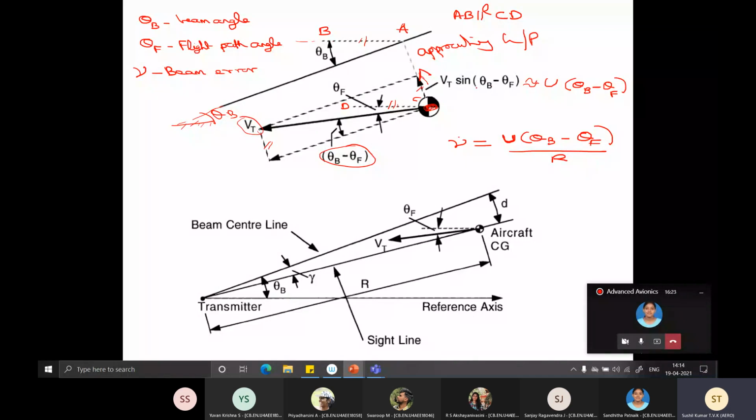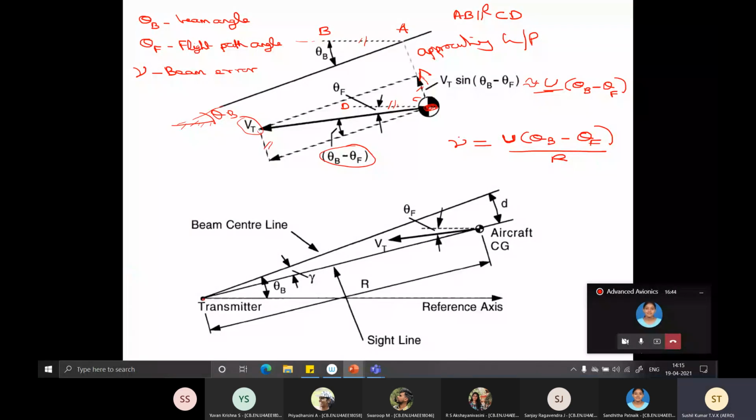For very small angles, Vt is equal to u, because you're talking just about the horizontal component. Though it's an approximation, for small angles the sine is nothing but theta B minus theta F. Okay, now the trickiest part is